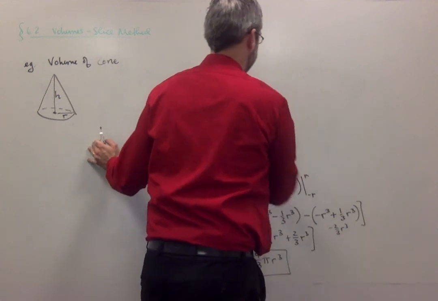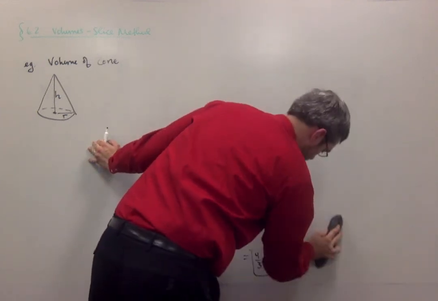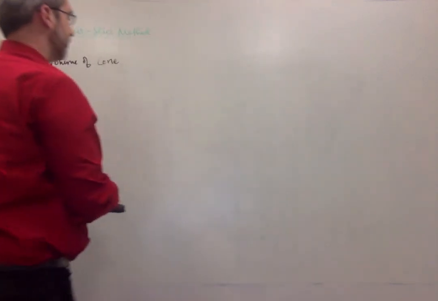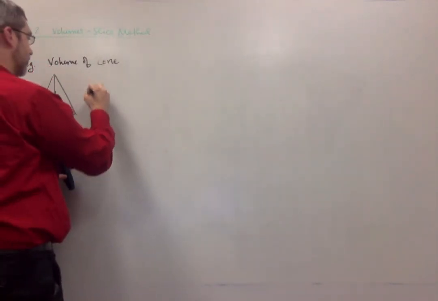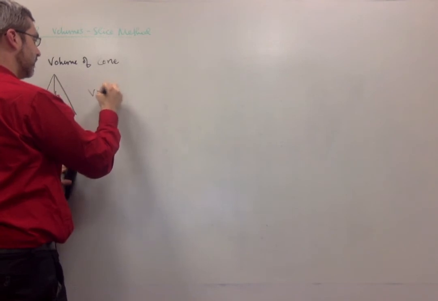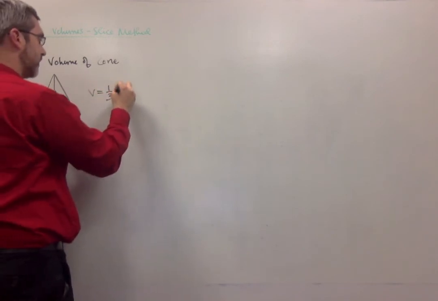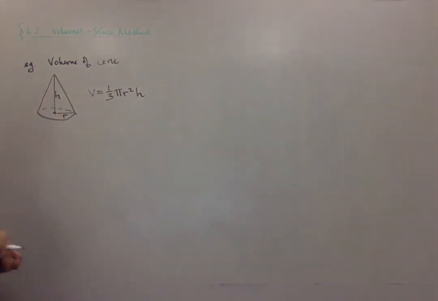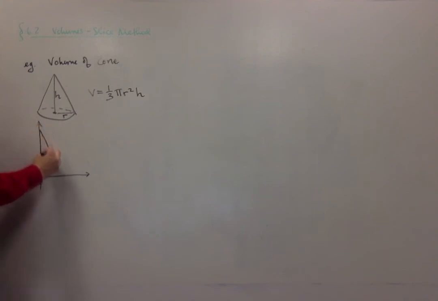And if we do this, then the volume of a cone is usually 1/3 of the base, which is pi r squared, times the height. That's the volume formula that you've memorized in the past. What we want to try to do here is actually figure out why that works. So here's what we're going to do. We first have to figure out what region are we going to rotate and where are we going to rotate it. So we probably want to rotate a triangle here